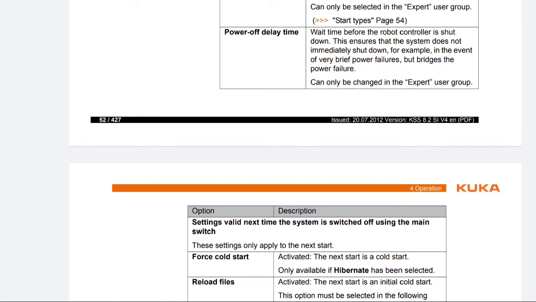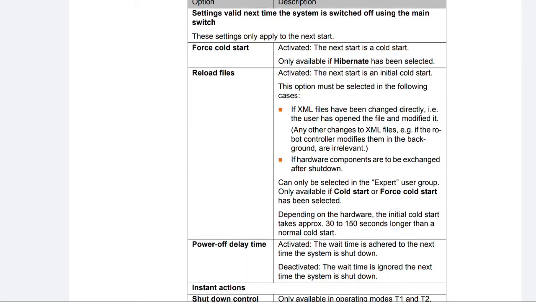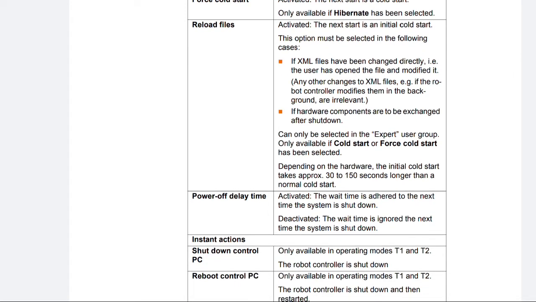Force cold start activated: the next start is a cold start. Only available if Hibernate has been selected. Reload files activated: the next start is an initial cold start. This option must be selected in the following cases: if XML files have been changed directly, i.e. the user has opened the file and modified it. Any other changes to XML files, for example if the robot controller modifies them in the background, are irrelevant. Also if hardware components are to be exchanged